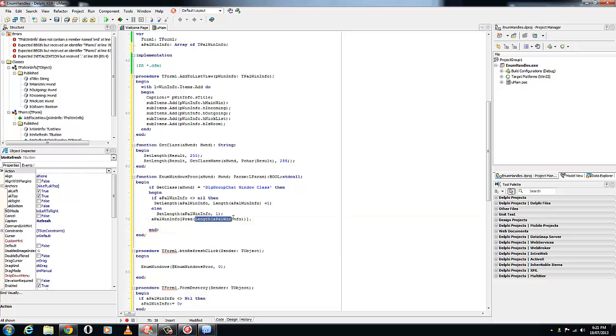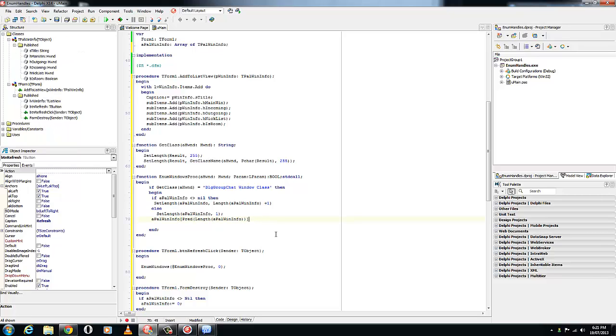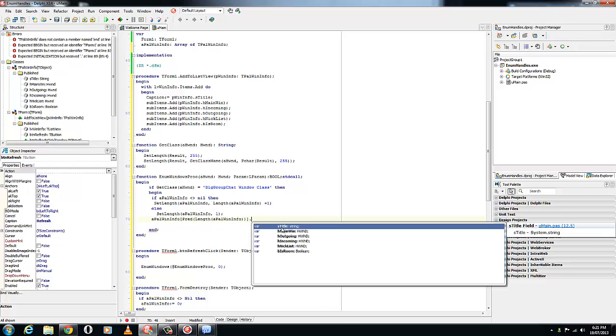When you say the length and we had 4 records, say, the length will come back as 4, but it's 0 based index, so we have to reduce it. So that's why I put the pred in front of there. And now we can have access to that one. So we can, the title,